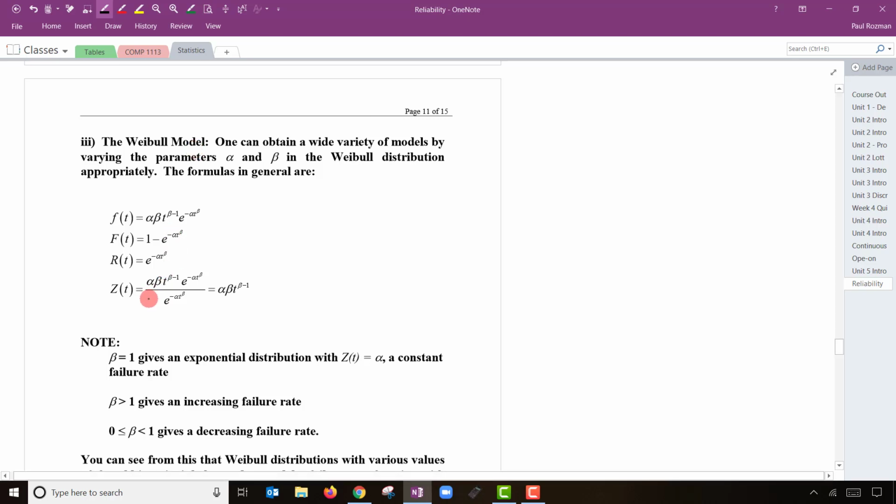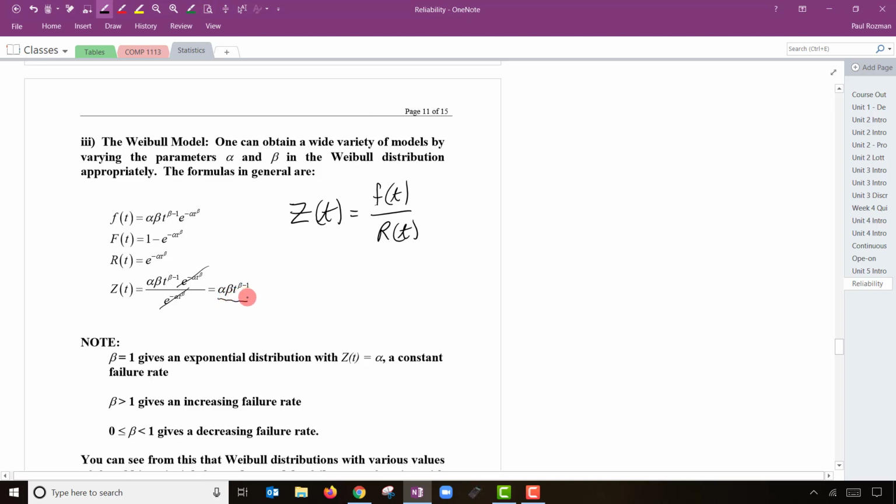The Weibull distribution, if you look at its hazard function, remember, Z of t is little f over big R. It's the proportion failing right now to the percentage that are still remaining. So I just substituted little f in and capital R in, and you'll see that you get some nice cancellation there again. So the failure rate can be expressed as the parameter alpha times beta times t raised to the